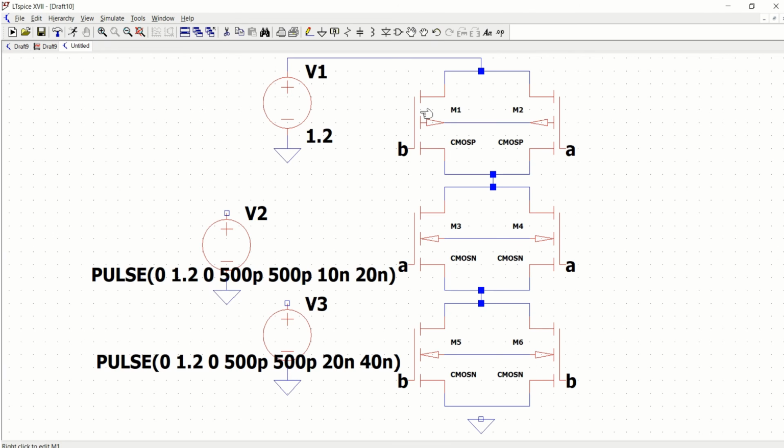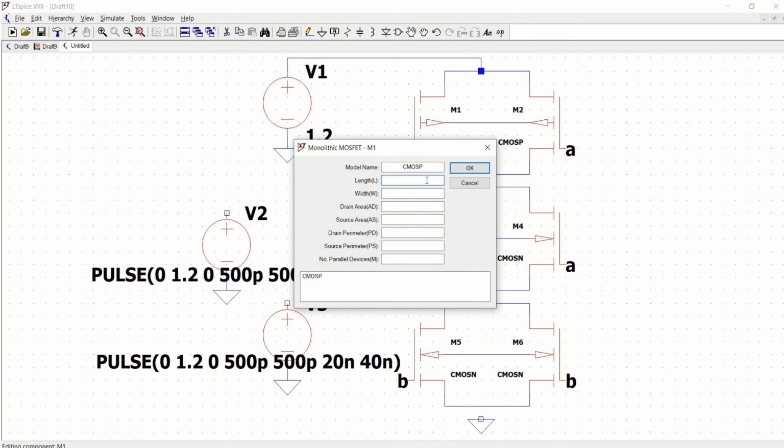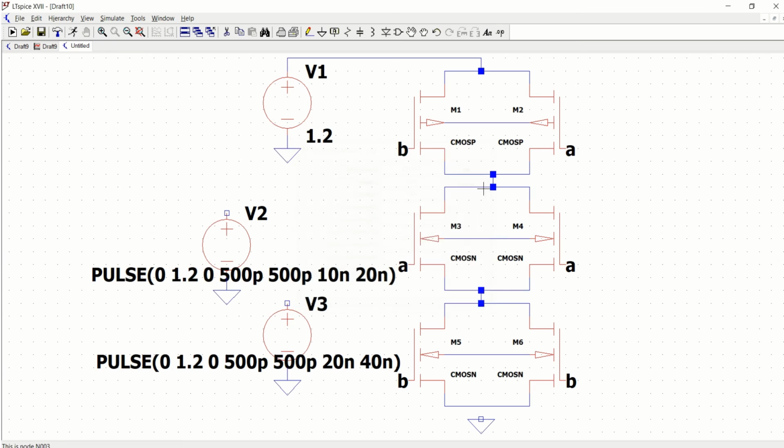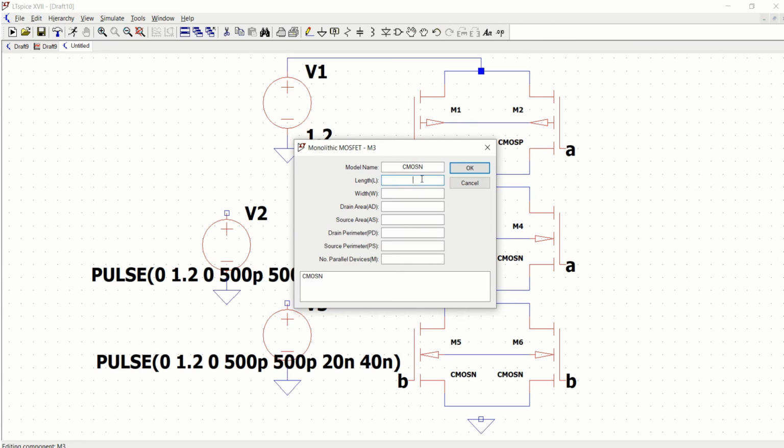First define the width and length of these transistors. That is, I am using 130 nanometer as a default value for all of these transistors. If you want, you can change the values. Set them to 130.